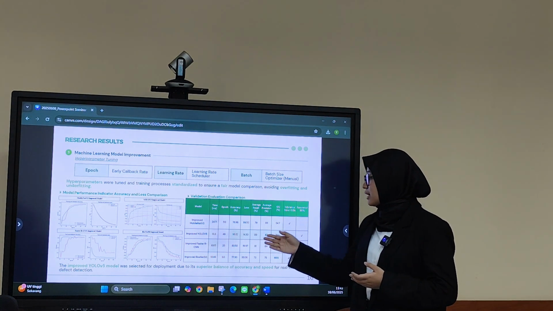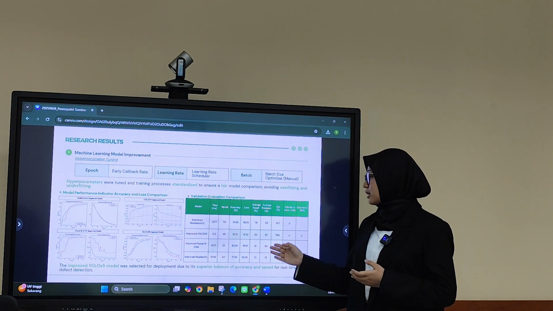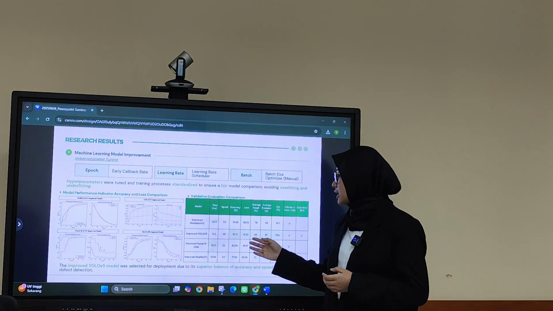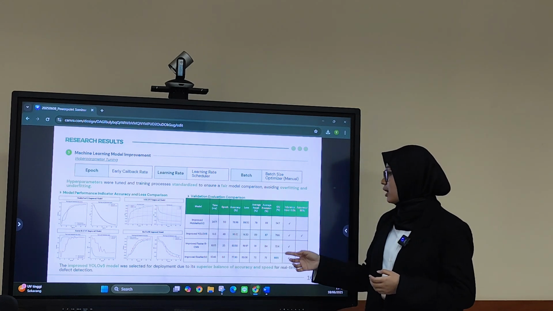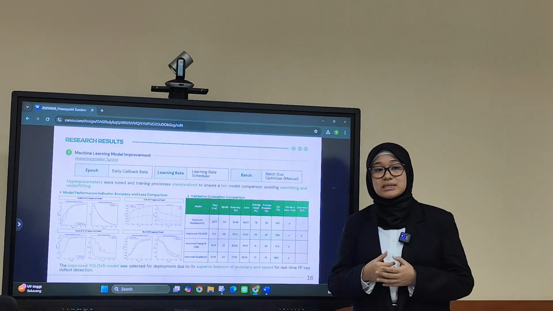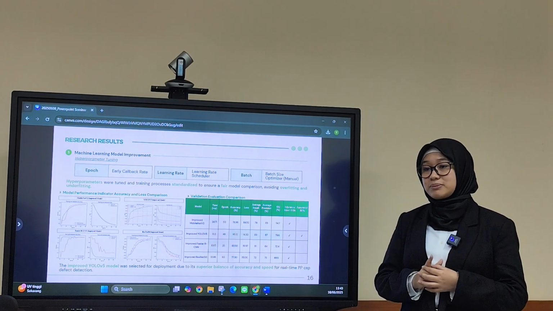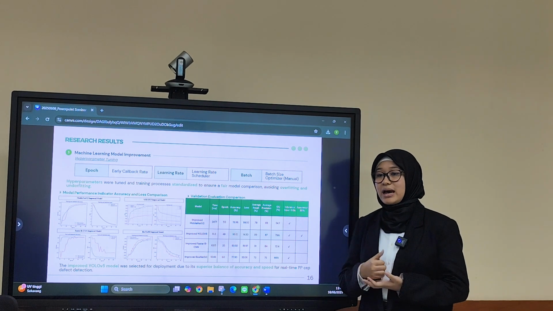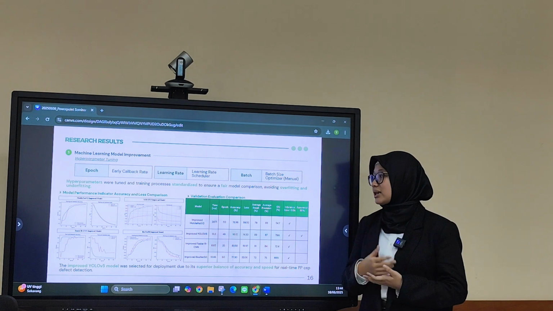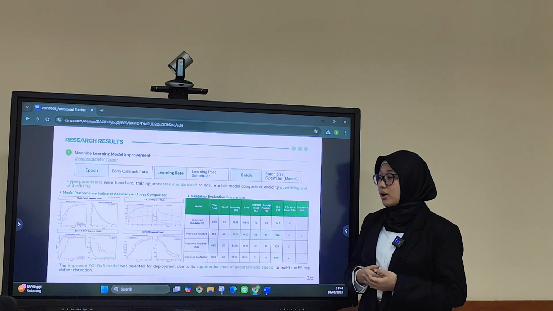And here there are several indicators. One of them is the performance indicator, and the other is the target that has been placed by the company. For the performance indicator itself, we will focus on accuracy, recall, and precision, while the targets that the company has set are inference time and accuracy. Inference time is benchmarked based on the amount of time taken for one PP cap manual quality inspection, so it should be less than what is benchmarked as 0.5 seconds, while accuracy is based on the target that the company has set. And as shown, the only model that qualifies for all of the criteria is improved YOLO V5,